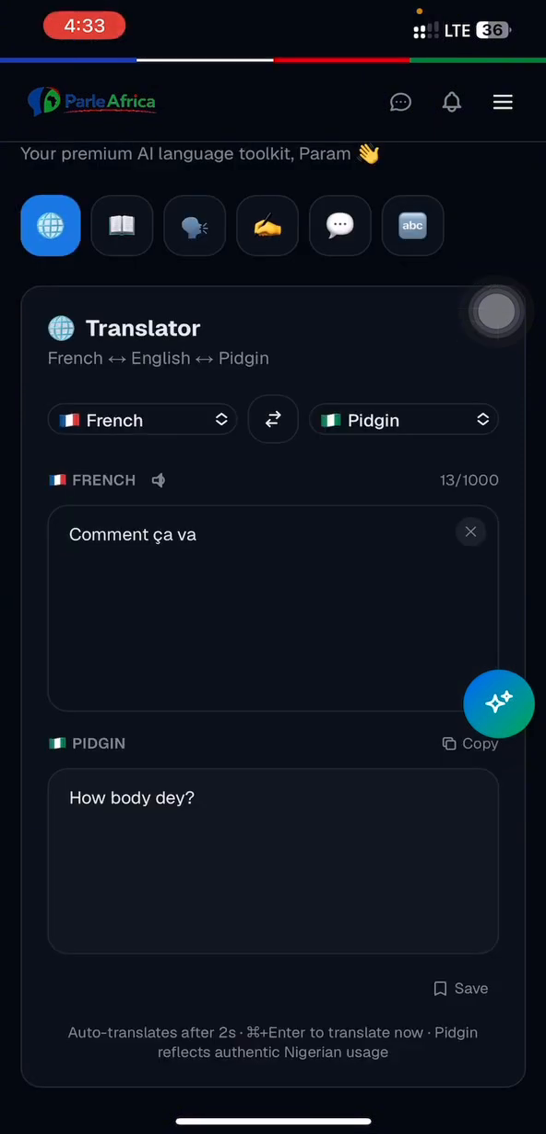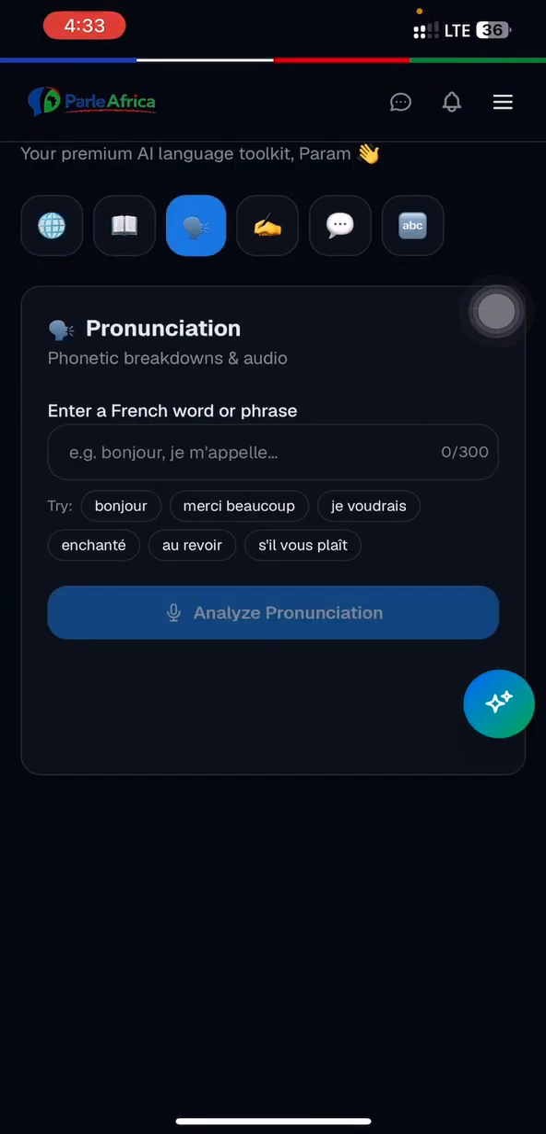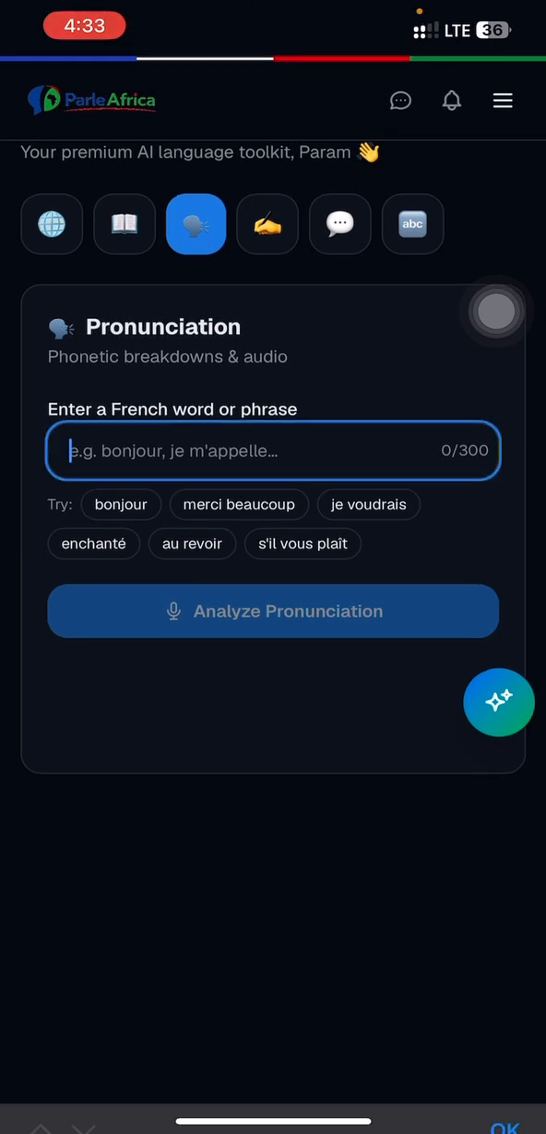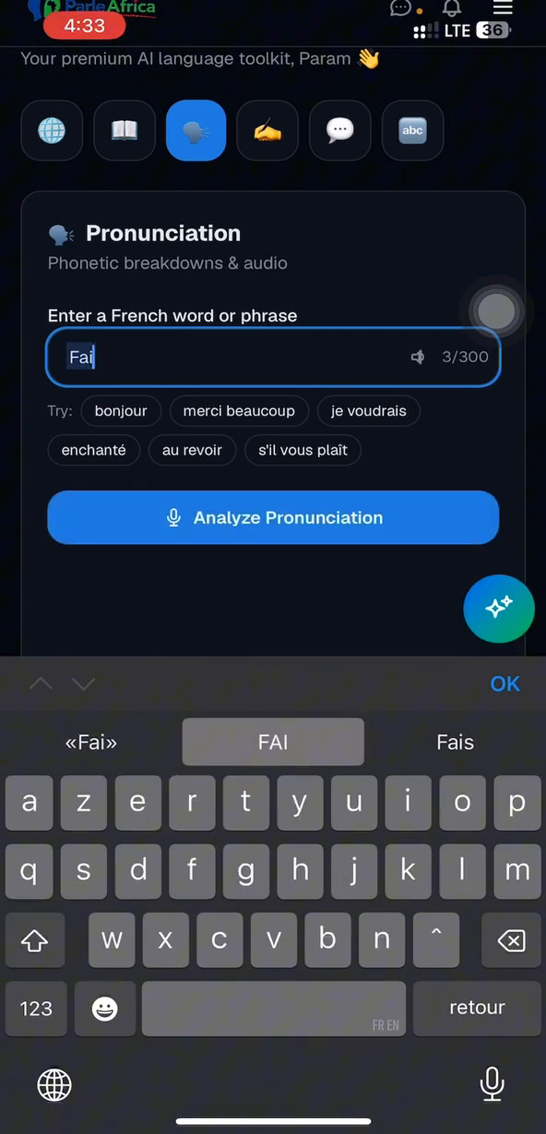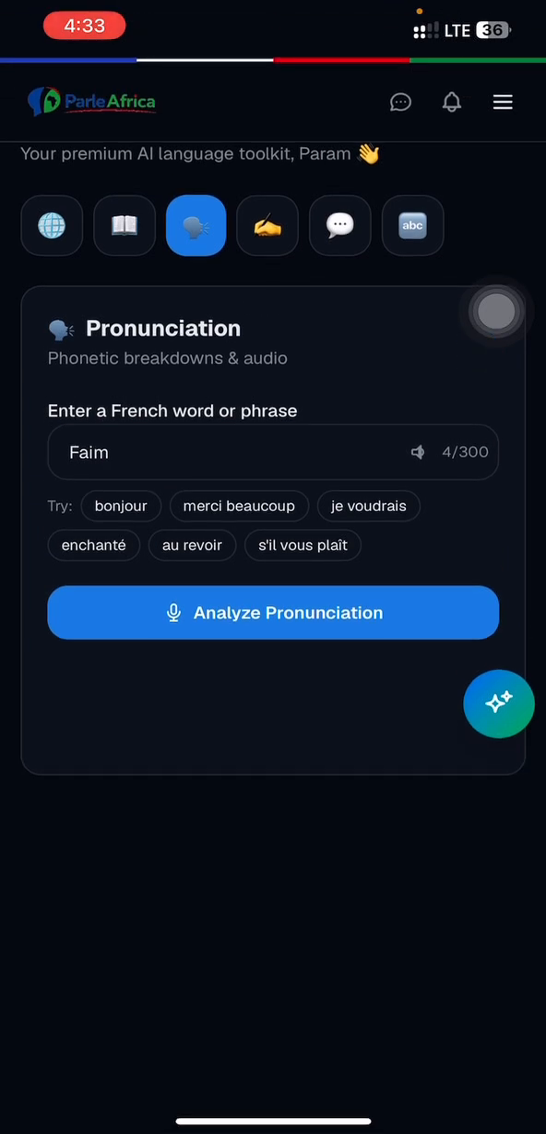So let's go to the next one, which is the pronunciation. So under pronunciation, you can literally type in a word. Let's say fun. Let me use the same word that I used the other time. So you can type in a word and tell it to analyze the pronunciation of that word. So if I click,